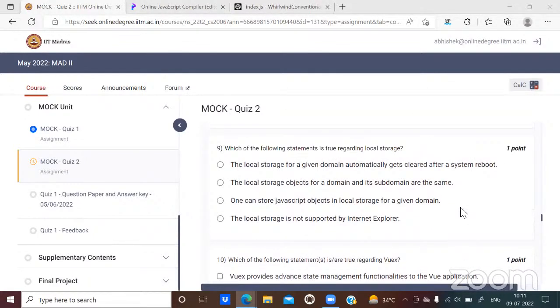Sir, one thing here, like in the Mozilla web docs website, I changed it to the dark theme, and then it is not showing in some other browser. Like in my PC it is showing, but in mobile it is not.